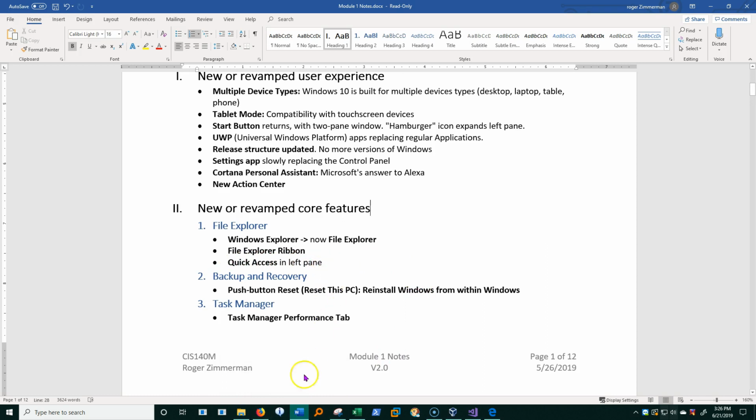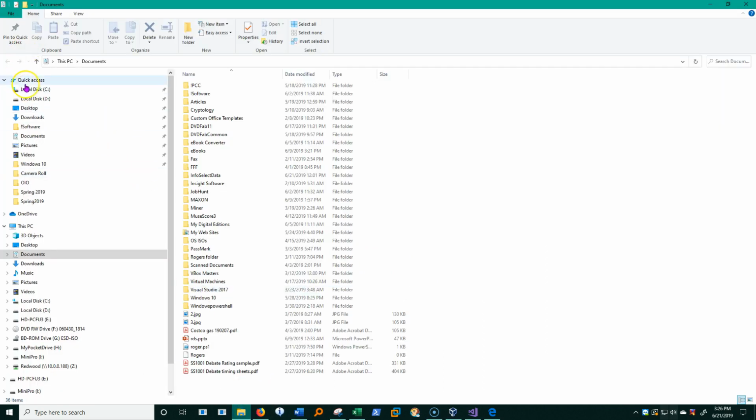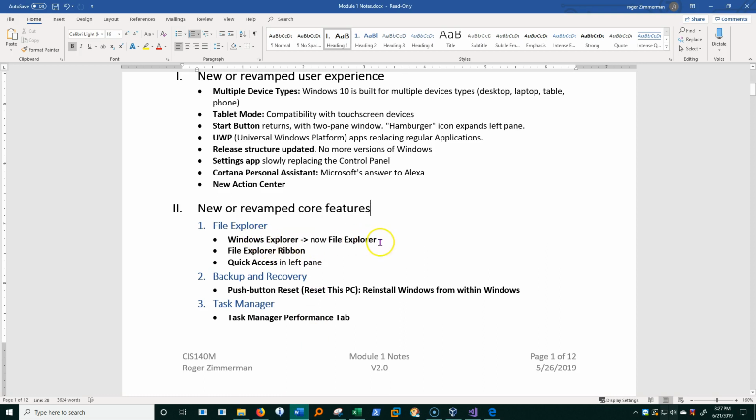There is now something called a Quick Access pane, and let's go back to it, and you can see it over here, Quick Access pane, which has replaced what used to be libraries on Windows 7. And these are things that you can just drag over here that you want to be able to access very quickly, so it's sort of a fast access to those items, so you don't have to drill down into a C drive or a D drive or an E drive or an F drive and so on in order to get to these items. You can get to them quite readily. So those are some of the changes in the File Explorer.